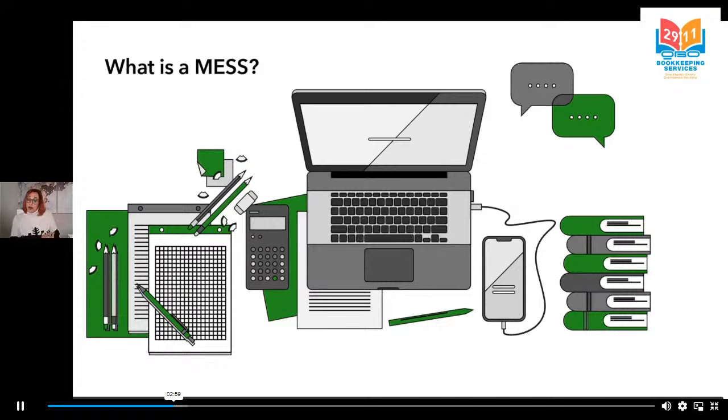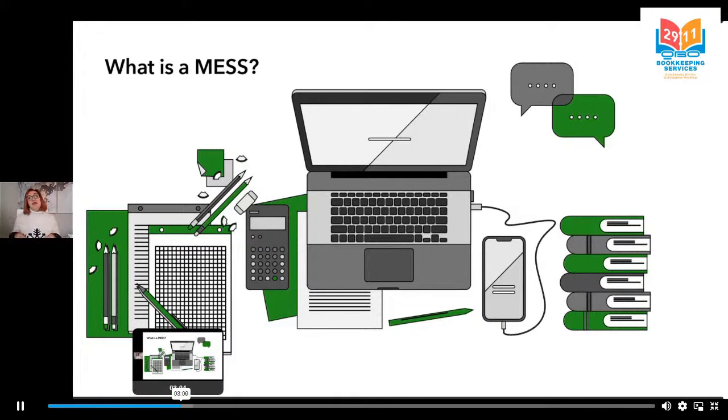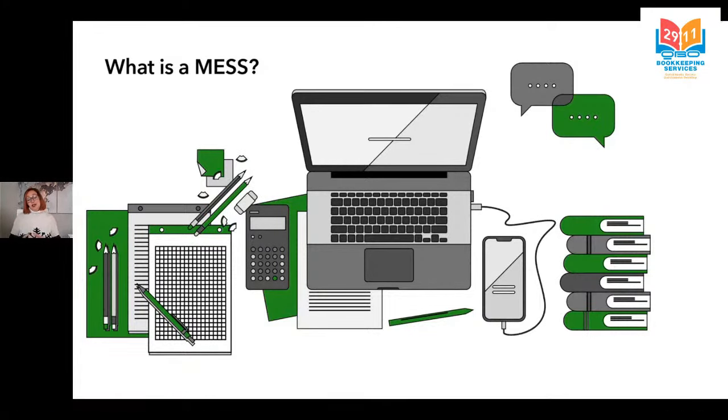Now, when you're dealing with messes, there could be things I like to call snowball problems. These are small problems that can turn into bigger problems over time. It can create a further mess or uncover a very deep mess in your books. As a link right now on this page, you will actually be able to download a flowchart to help clean up your messes. And I will be referring to that flowchart throughout the rest of class. So let's look at some examples of messes.